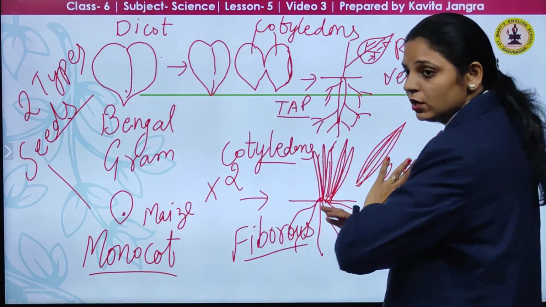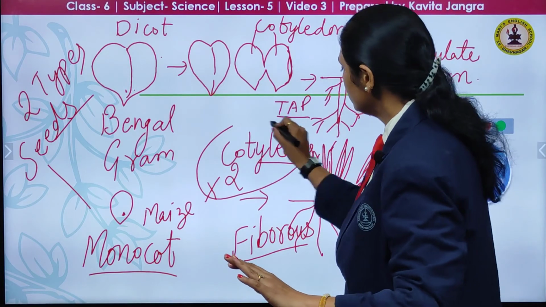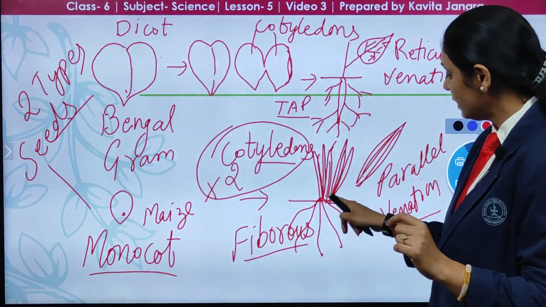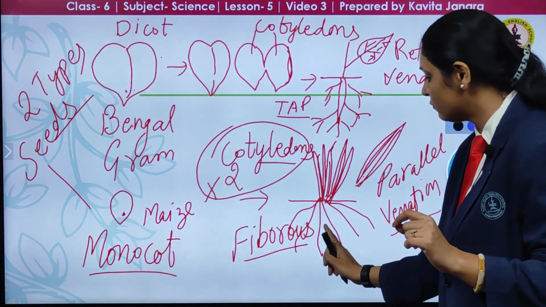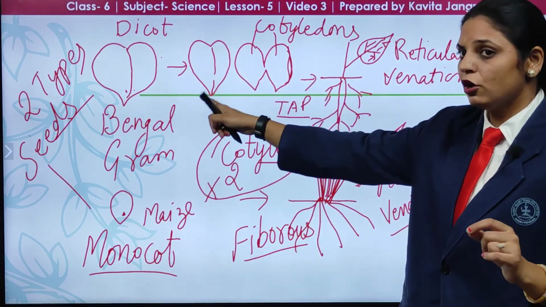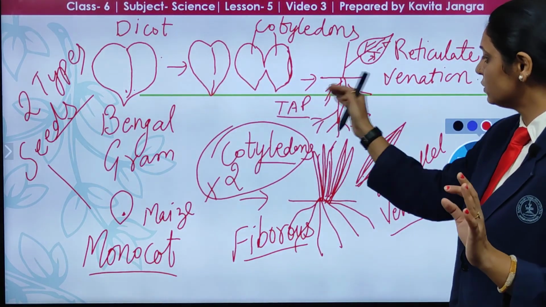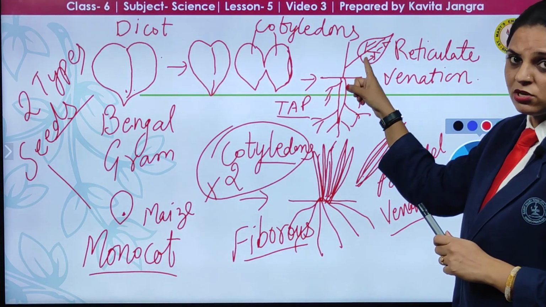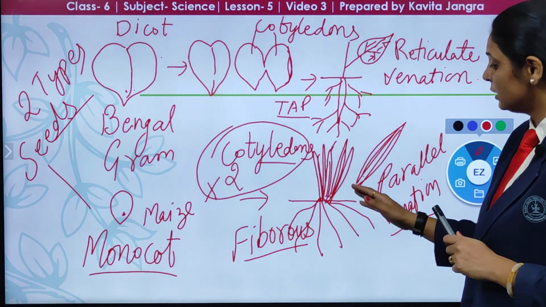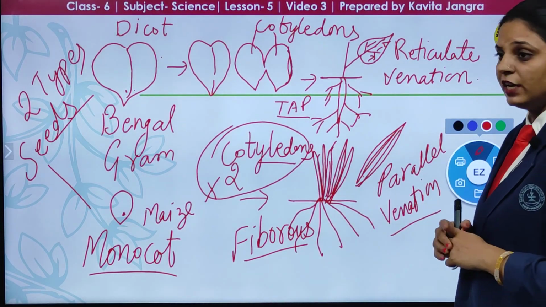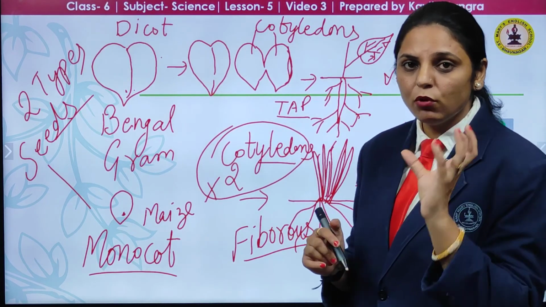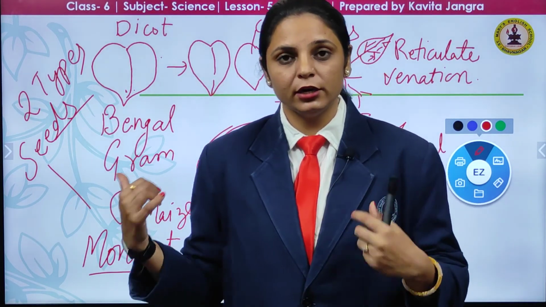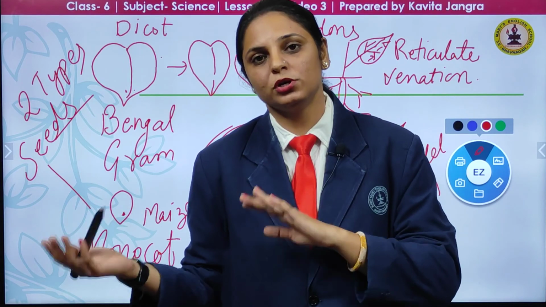But in the case of maize, two cotyledons are not formed. When we sow these in the soil, the roots of this monocot are fibrous and the roots of the dicot are tap roots, a main root, and then further lateral roots. Its leaves have reticulate venation, a network of venation on the leaf blade. But in the case of monocot, the venation is parallel. I think it is clear to you what type of leaves and roots monocot and dicot seeds have. So venation is linked to the roots also.